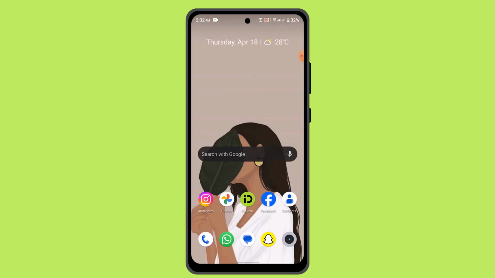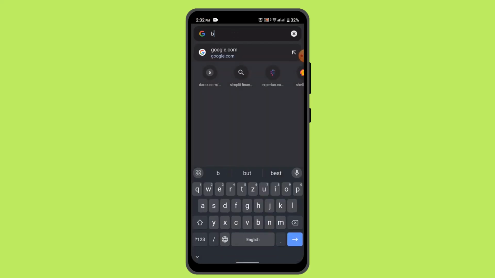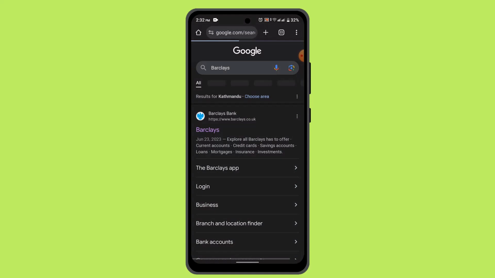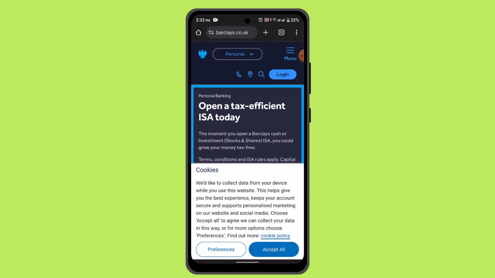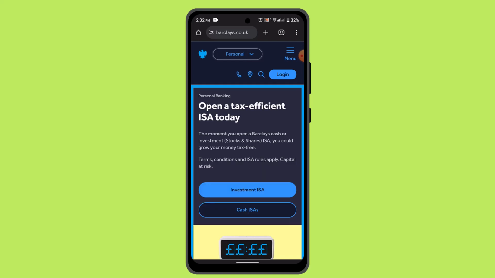So in my case, I'm going to use the web browser. So type in Barclays, and then on the web address bar, type in www.barclays.co.uk. It's going to take you to this page where you need to accept all of the terms and conditions. So then to log in, click the login button from the top right hand side corner, and right on this